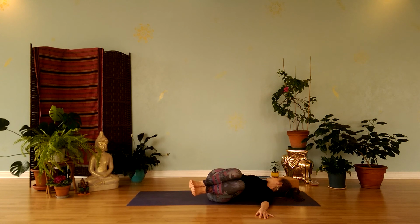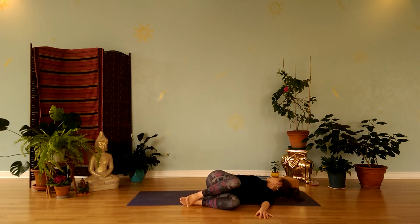Take another inhale. Exhale, relax your feet to the floor. And if you'd like, you can turn your palms up. And just take a few deep breaths here. Shoulders are heavy. Facial muscles are soft and the jaw is relaxed. Giving your body the opportunity to relax on its own, just through the pull of gravity. And after several breaths, you may feel as though knees become